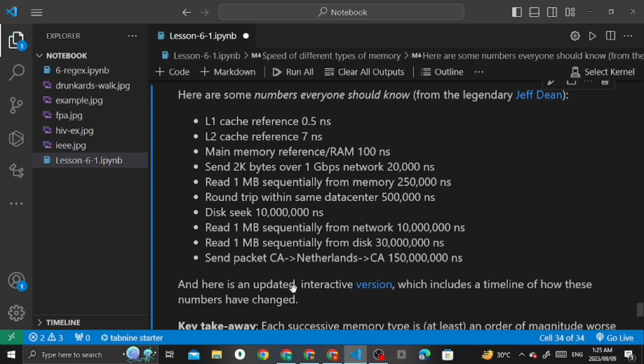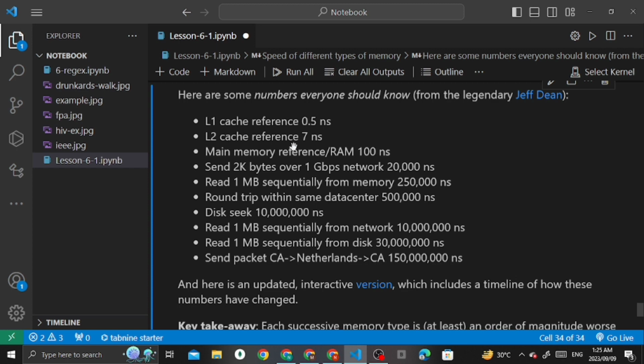First, they indicate the time it takes to perform various operations, from super fast L1 cache access at 0.5 nanoseconds to much slower tasks like reading data from a disk at 30 million nanoseconds, or 30 milliseconds.